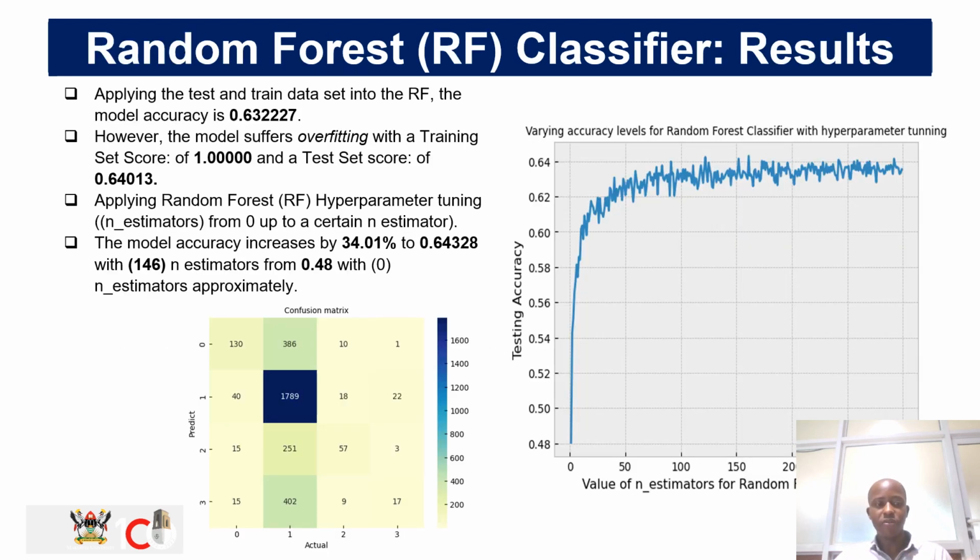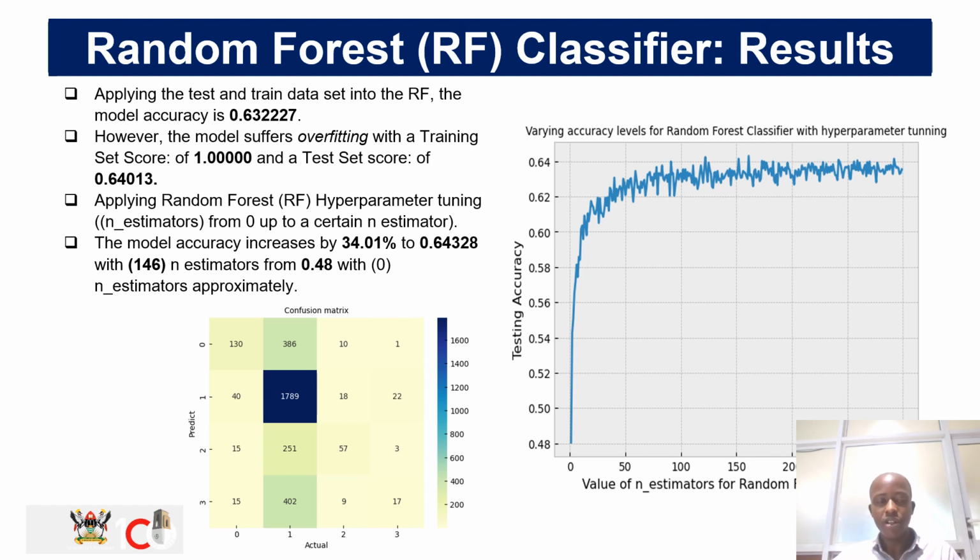Well, looking at the random forest, what did we observe? We observe an accuracy of 0.632227. However, this model suffers overfitting, because if you look at the ratio of the train and the test, it is 1 to 0.64, which means that the model learns the training data set perfectly and it fails on the test data set. So what we did is that we performed hyperparameter tuning for the random forest to increase